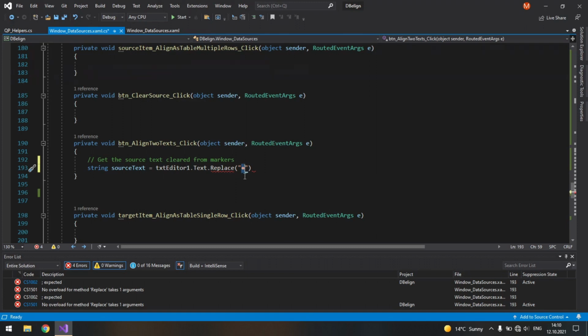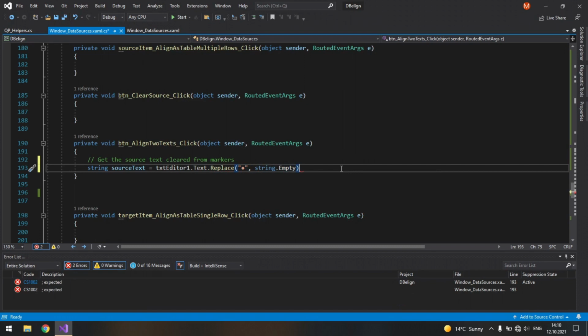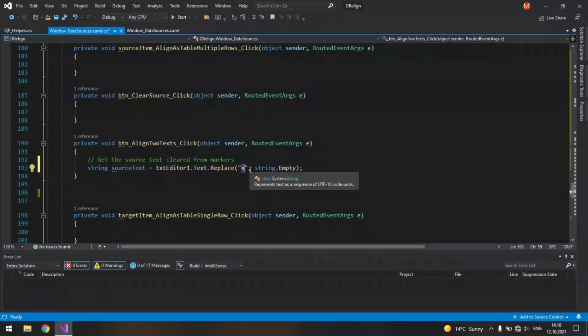I don't remember exactly, but nevertheless I suggest that you get this character from my GitHub repository. So replace this character with string empty. Well, if you are not going to actively work with Word documents, you don't really have to care about this. But for me, when I was constantly processing pairs of Word documents, this was often an issue for me.